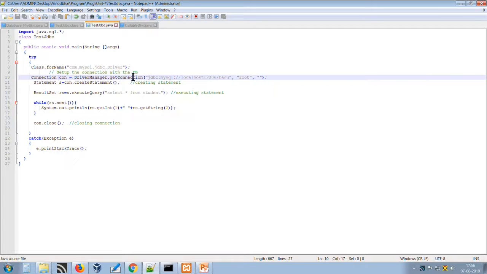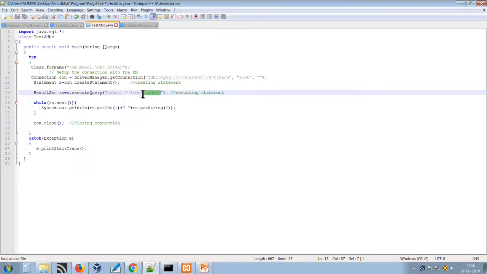Once the connection is established, it will return a connection instance, and with it we can create a statement. Once the statement is created, it returns the statement instance s, and we can fire the query to the database using s.executeQuery, select star from students. Students is the name of the table in our database BAOU.